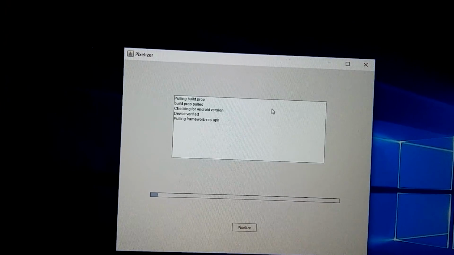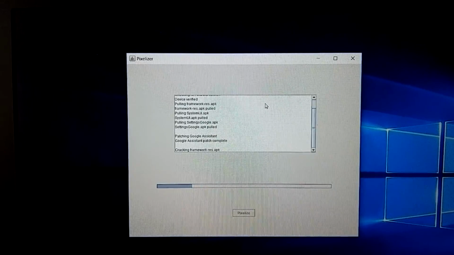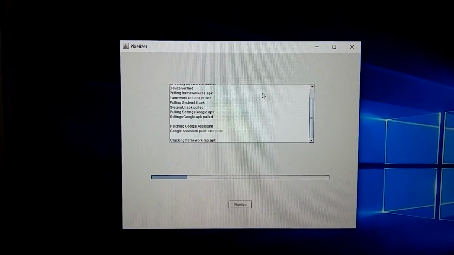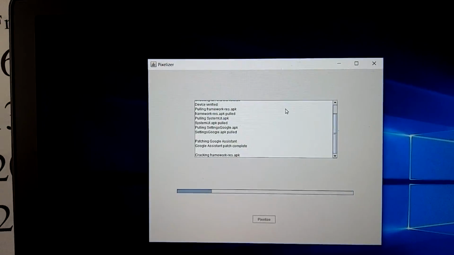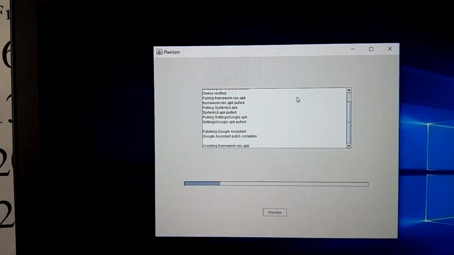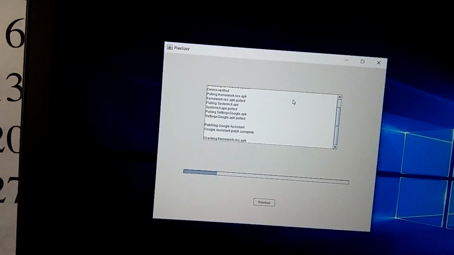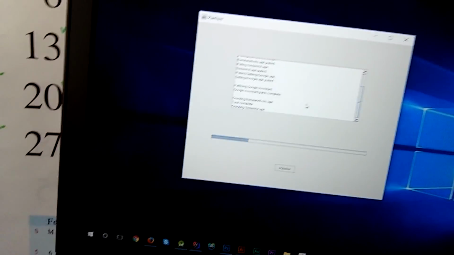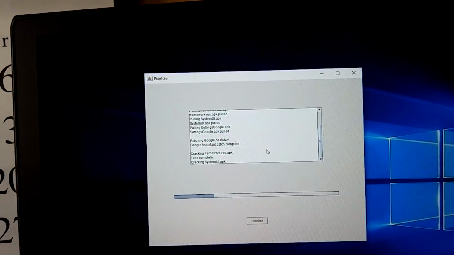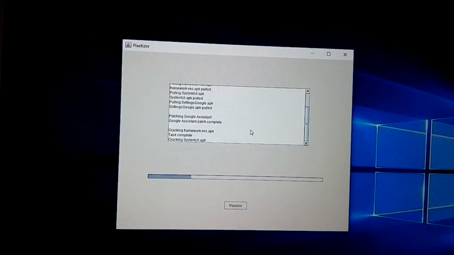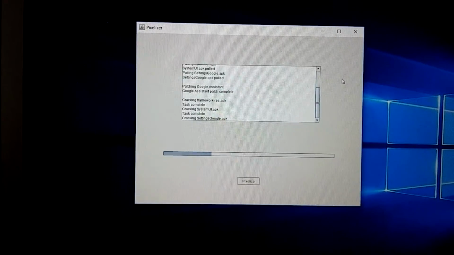Certain steps take a couple of minutes. The whole process is not evenly distributed across that 10 minutes. There's one particular step where it patches the settings google.apk. It'll show it at that time, not right now. When it reaches that step it is the longest, so it takes maximum time over there. Do not think that the software is not responding, and the software will not stop responding unless you have not followed those 3 prerequisites, as in developer options enabled, phone connected and secured, and no other Android devices plugged in. Also, just for safety purposes, I've disabled the cross button, so you can't shut this software when it's working. This will take about 10 minutes.